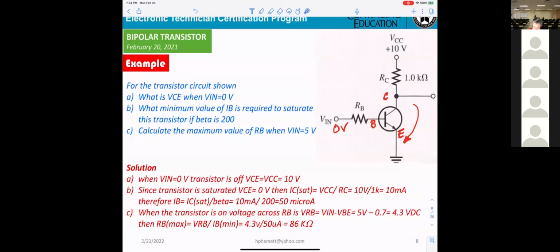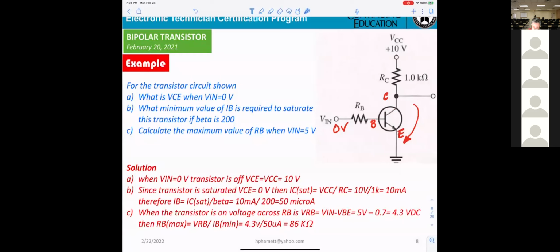First thing they're telling you, input is 0 here. So the transistor will be off. When it's off, the diode here is open.